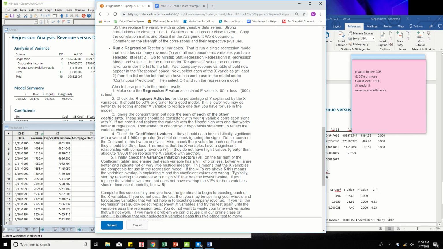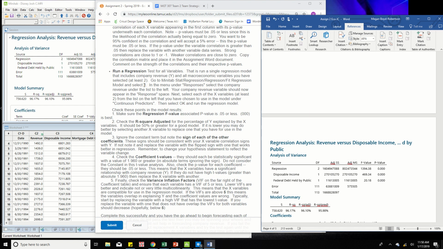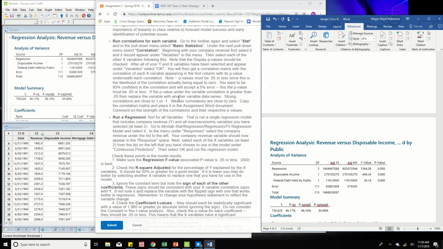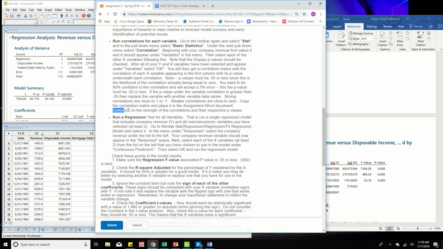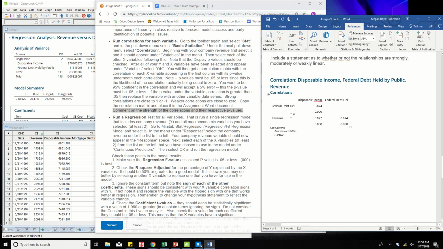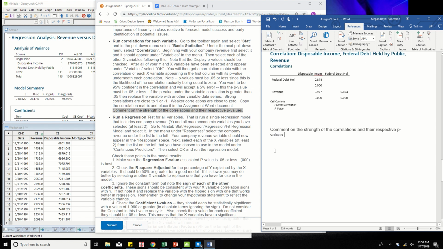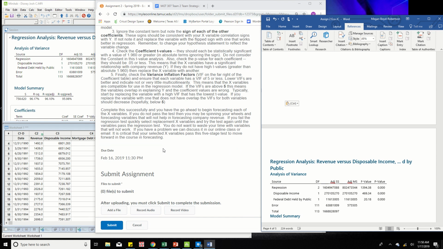So after you have all of this, where is it at? Okay, so for the correlation, you have to comment on the strength. So we go back up to this correlation where the p-values were 0. You have to comment on the strength. And then for the regression,